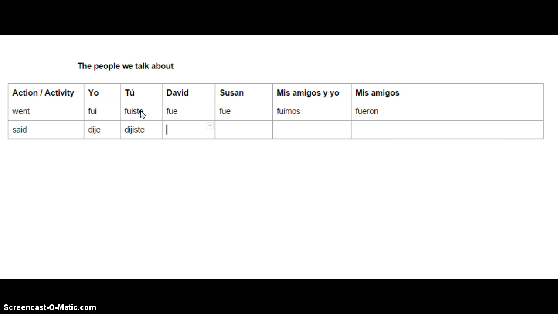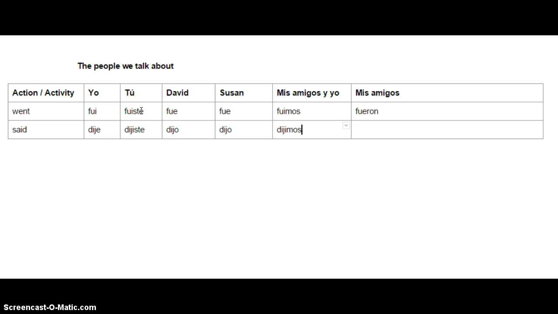And I do the cleanup work in the background. So let's say, for example, that I ask my students, okay, how would you say said for he or she? Well, probably they've picked this up from their reading. So I'll go ahead and plug that in. And then they tell me again that for a girl it's not any different, so we have dijo again. And then they start making guesses about the plural. So I'll say, okay, how would you say that my friends and I said something? And then they look at fuimos and they try to kind of make sense of it,